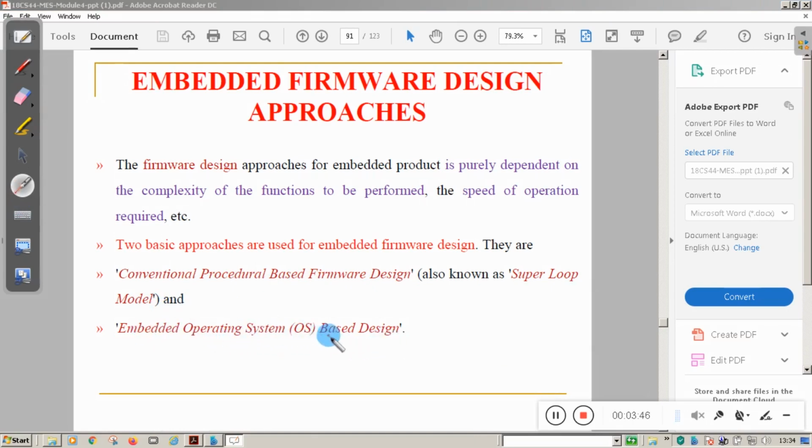These approaches depend on the complexity of the firmware to be performed. If it is more and more complex, you cannot use conventional procedural based firmware design. You have to go for embedded operating system OS based design.